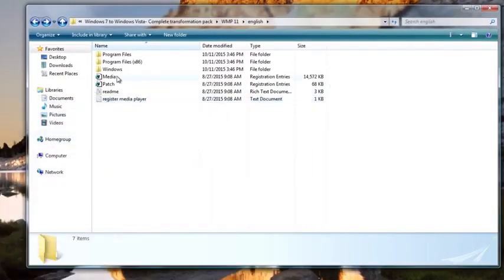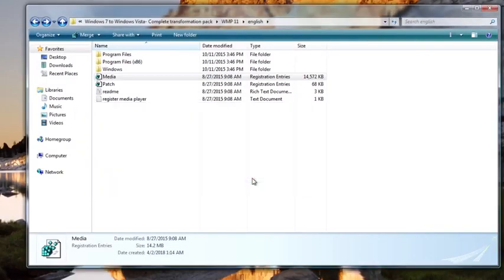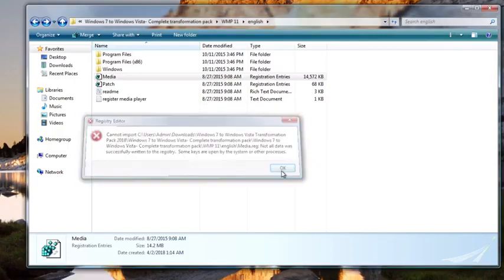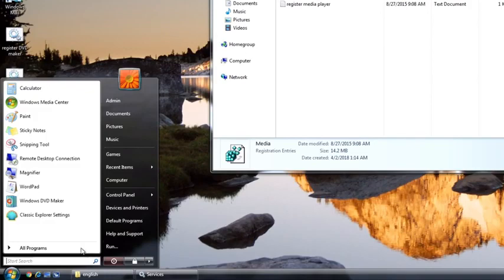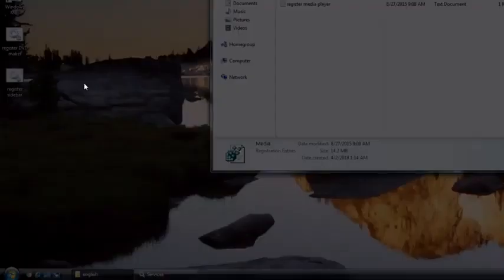you want to double click on media.reg here, and you'll get an error, and that is what is supposed to happen. So this is fine, it's supposed to happen. So now you want to go to the run dialog and open regedit,